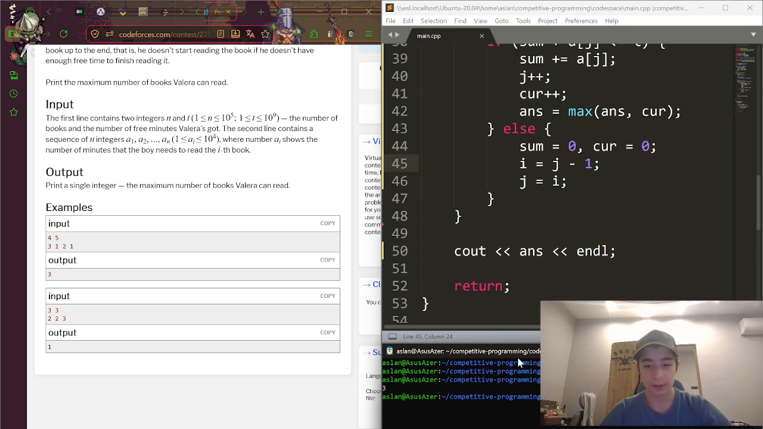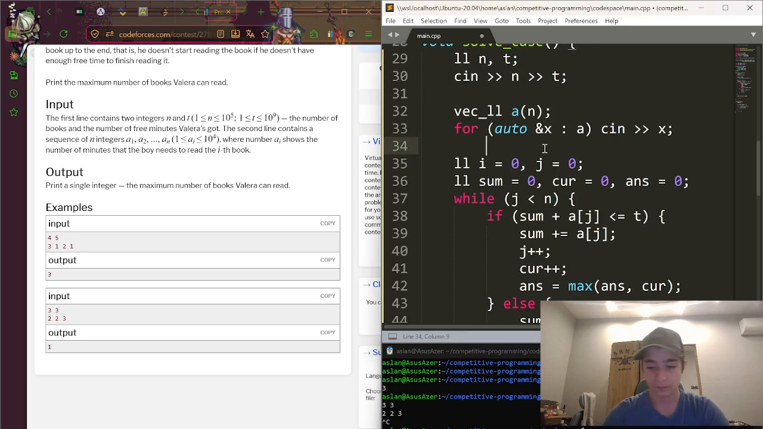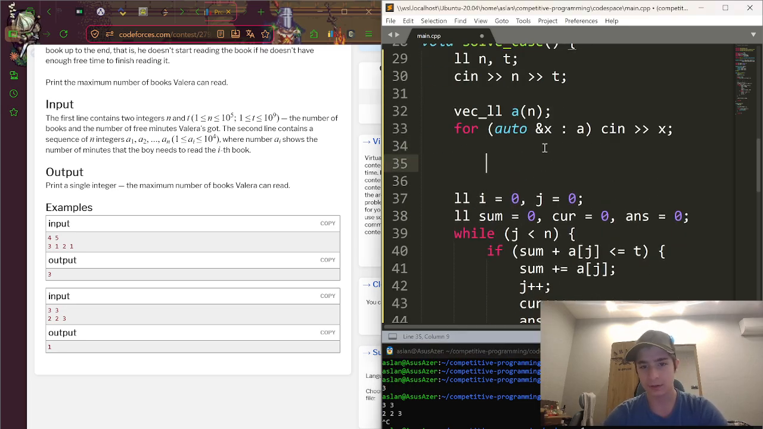What about this one, input 3 and 3? Runtime error. Mainly, so let's just first sort it, but let's make array B. So because of